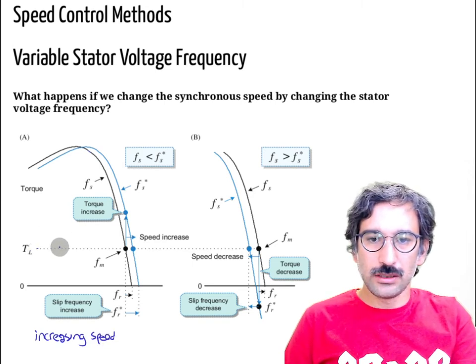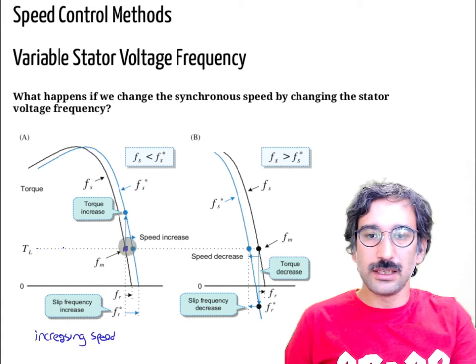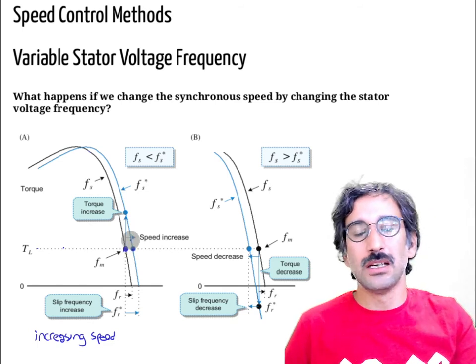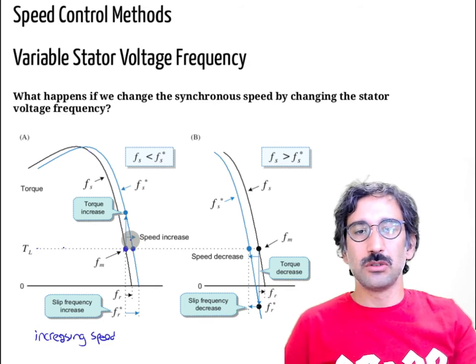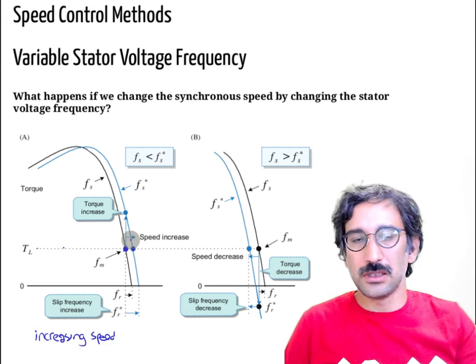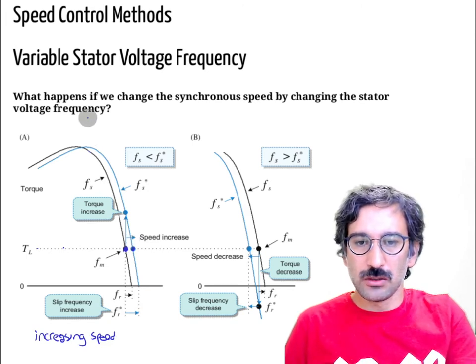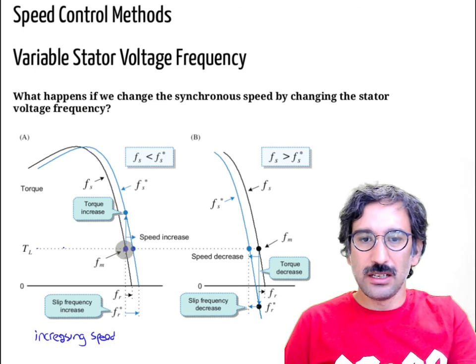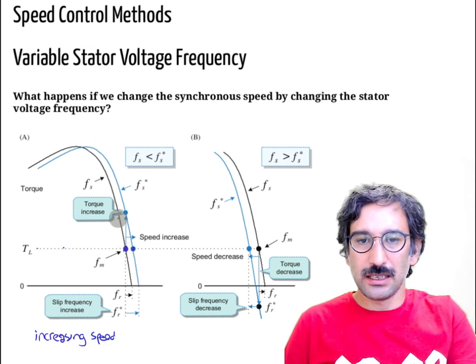So here, this is your load torque, and initially you are operating at that point, and I want to go from this place to that place. So for example, I want to increase my rotational speed from 900 RPM to 1000 RPM. Okay, so what I do is, while the machine is running here,